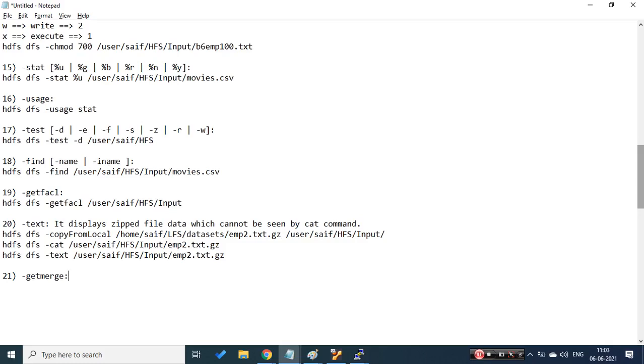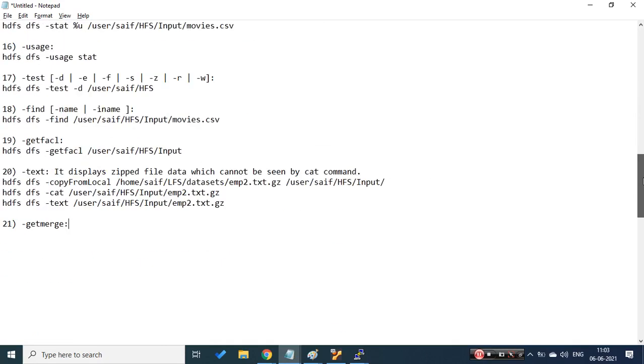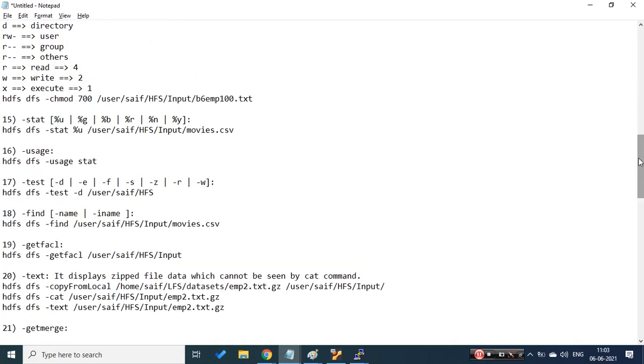Okay, so these are all my 21 commands, which I was able to recall slowly and slowly. Hopefully people coming from a Unix flavor should be able to relate to this. Even if people are new, I will be sharing the recording and this notepad, and you can go through each and every command, practice it, and do R&D, whatever you want to. You can play with the machine. Okay, no restrictions. So I'll stop for today, and